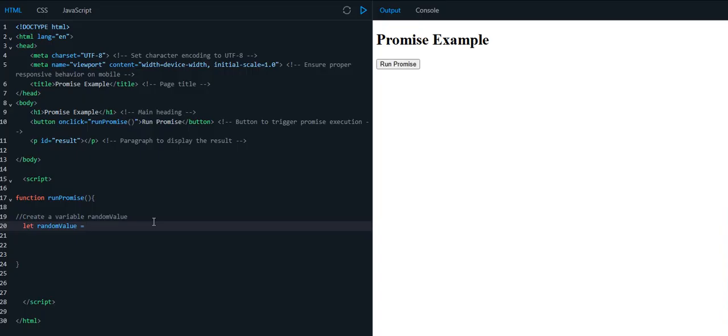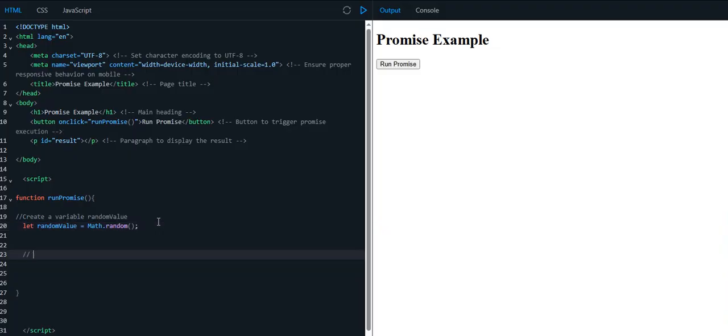If you want to take a random value, there is a function Math.random, and call this function. Now I have a random value, but